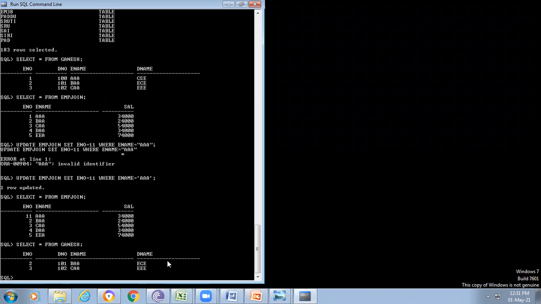Can anyone say? Because in the previous case we created the view, so our requirement is e.e_number equal to d.high. But in the case of d.high, there is no 11. So whatever changes we apply on the parent table will be reflected in the view. I will try to explain this clearly in the next class.